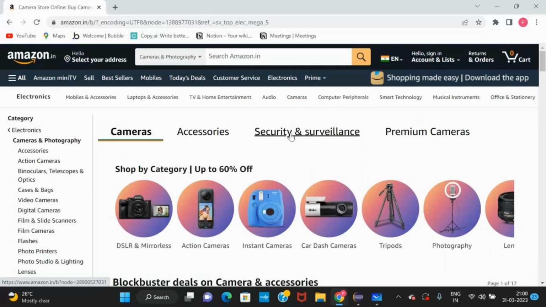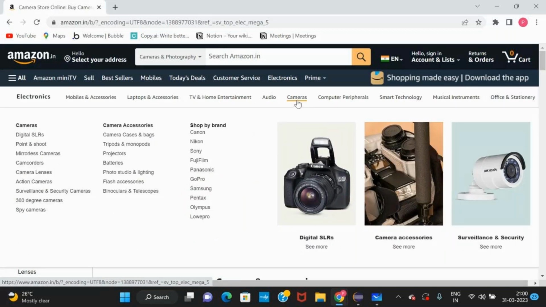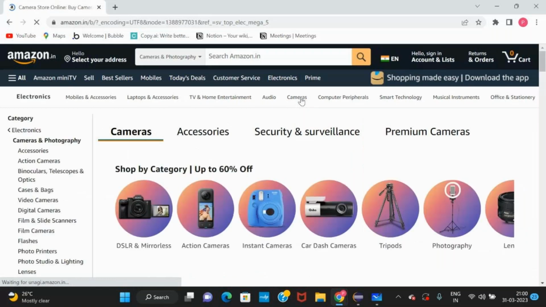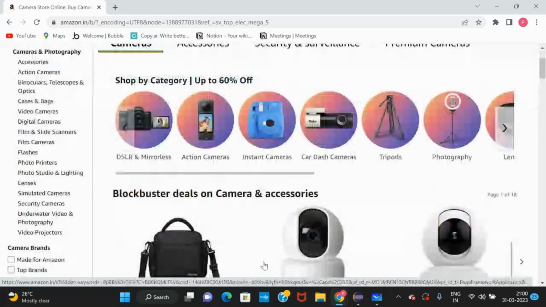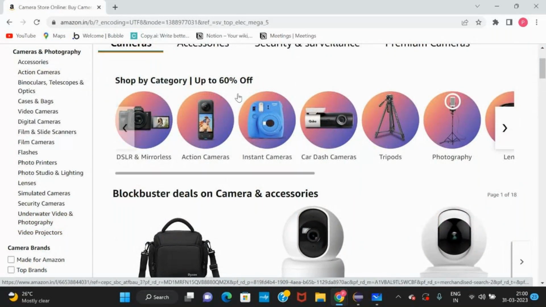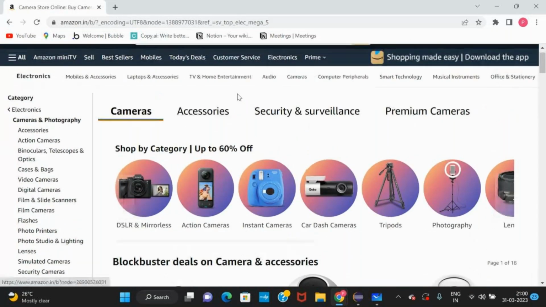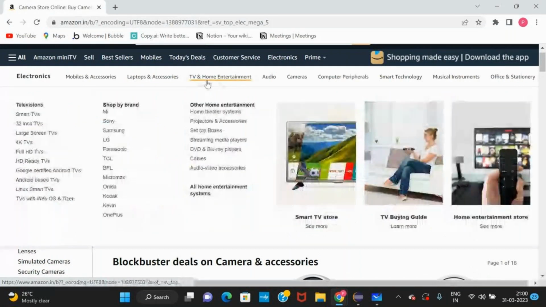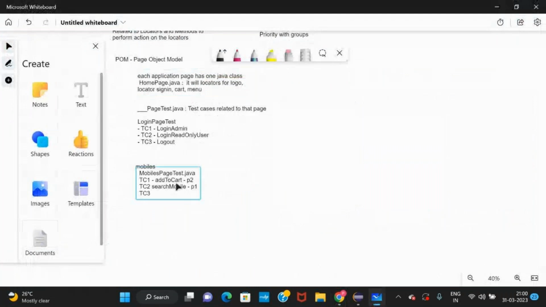Okay, you have a camera page, and in that you have a few test cases related to testing this page. If you click on it, you have so many features. You have all the buttons and links on the left side, everything to test. So you have to have code which is divided into multiple pages so that it is simple.